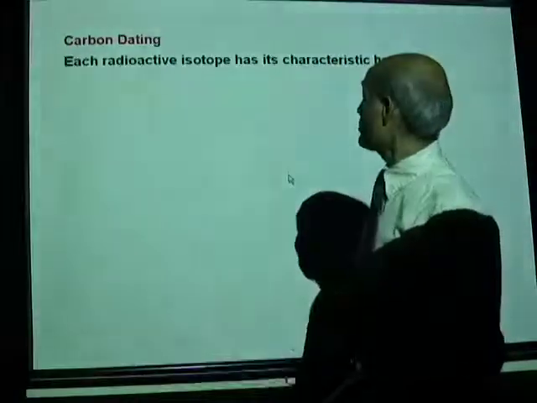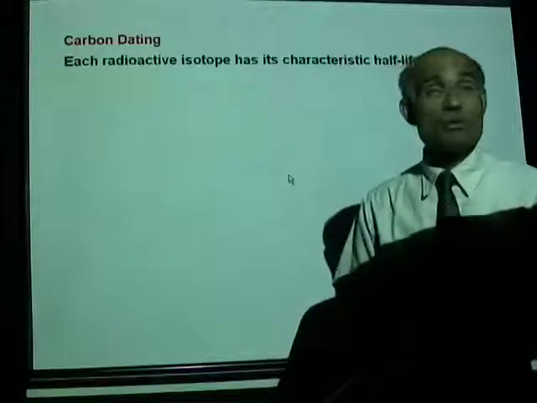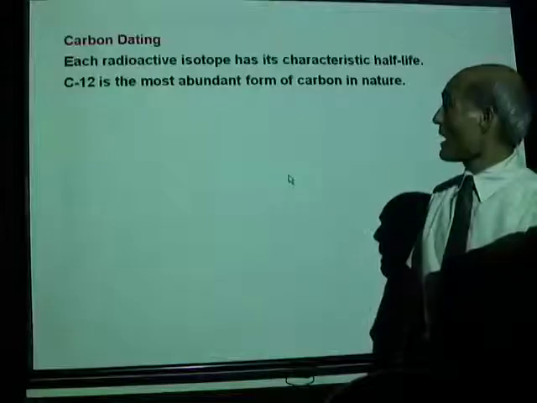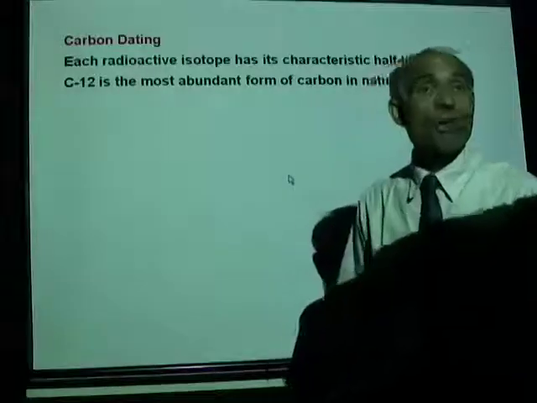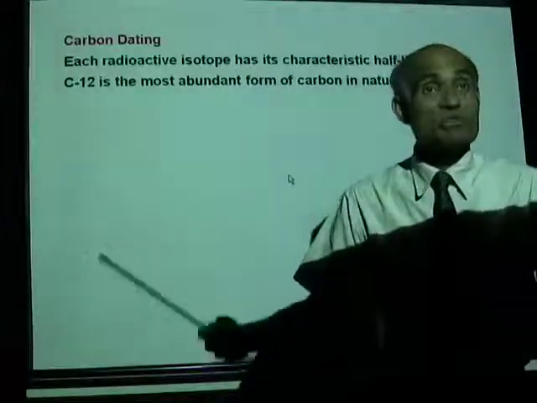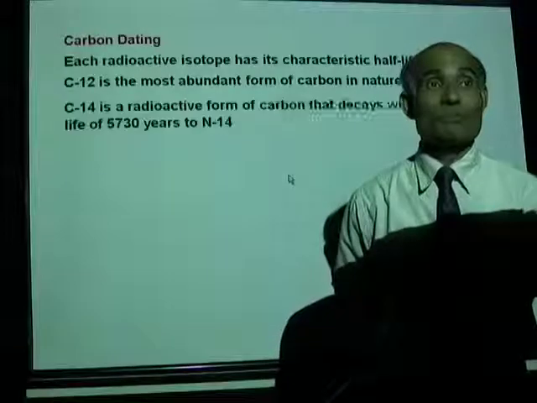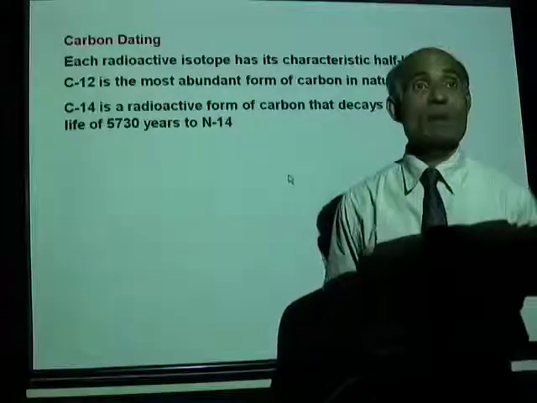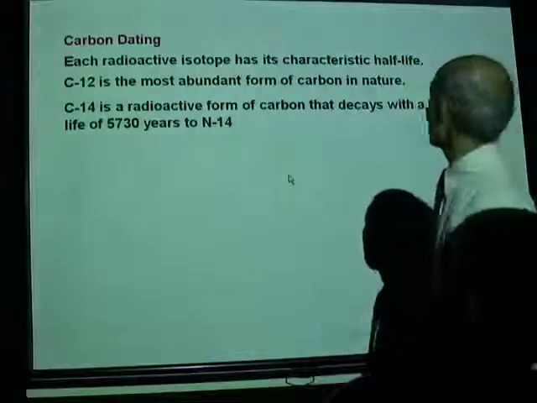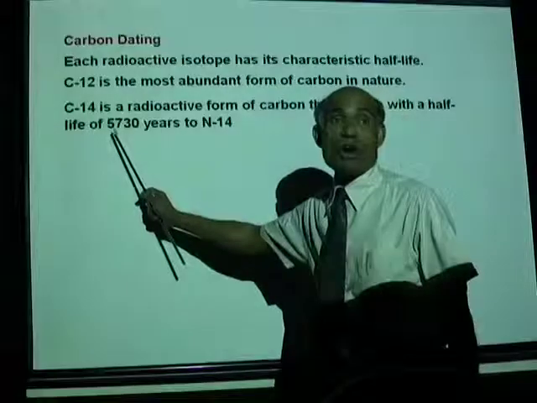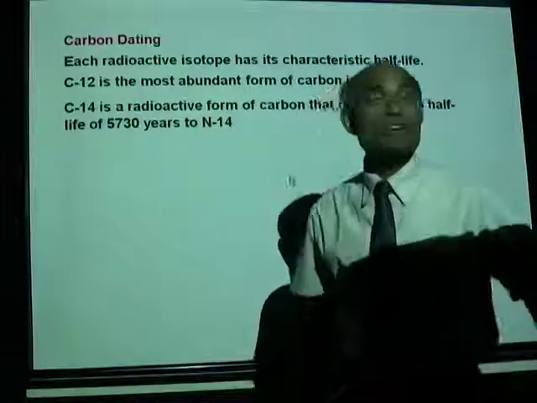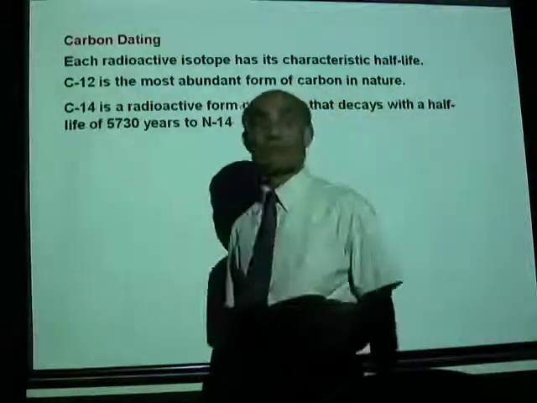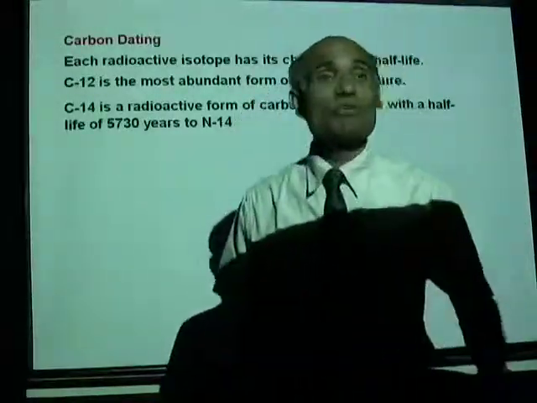Each radioactive isotope has its own characteristic half-life. Carbon-12 is the most abundant form of carbon in nature, and carbon-12 is stable, whereas carbon-14 is a radioactive form of carbon, and that decays with a half-life of 5,730 years to nitrogen-14. So that's important information. The half-life of carbon-14 is